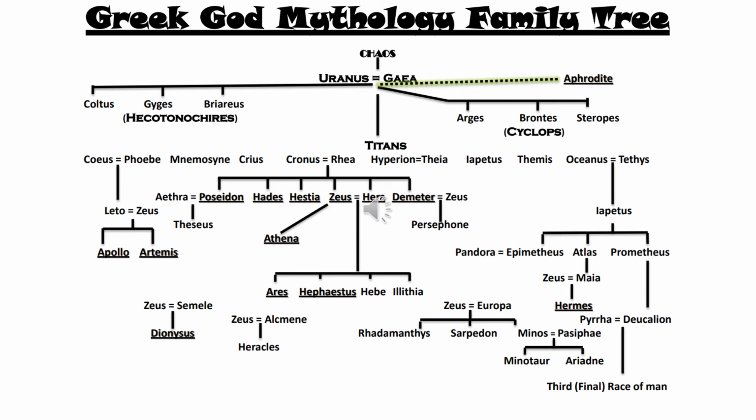We took some time to go over the Greek god family tree. This is one of your handouts, and it should help you as you start reading the book Heroes, Gods, and Monsters of the Greek Myths this week. A few things I wanted to point out on the chart that aren't covered in the book that you'll be reading is that according to Greek mythology, Gaia came out of chaos. She just sprang out of chaos.